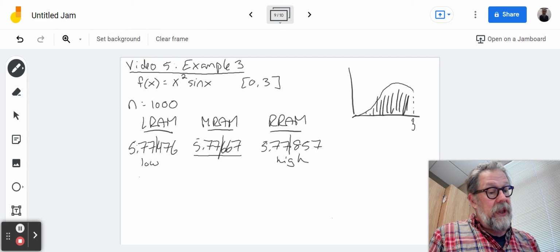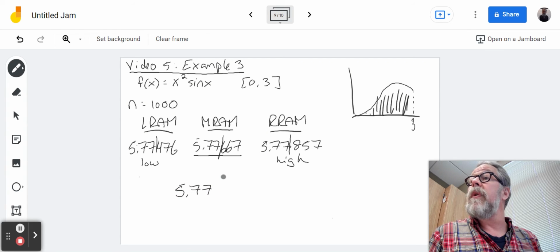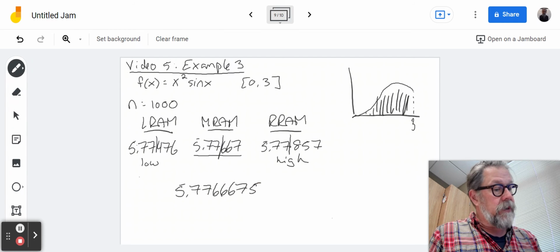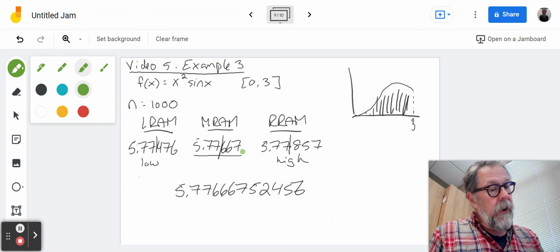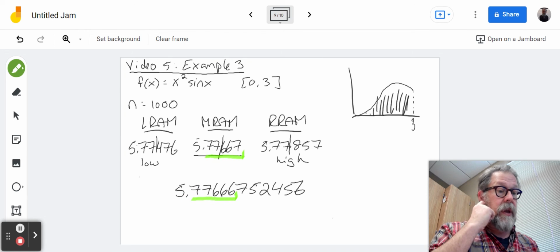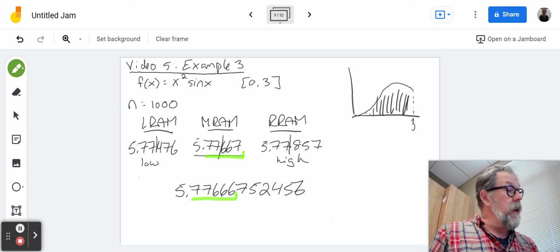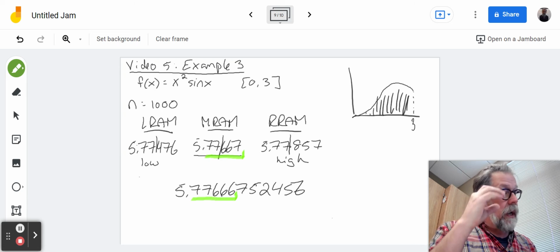There is a way to calculate the exact area, and we won't worry about that for now, but to 12 decimal places, we get 5.776667, 52456. Far more than you actually probably wanted to know. But also notice that to 5 decimal places with rounding, that is in fact the middle rectangular approximation of the area under this curve. So it's a pretty accurate